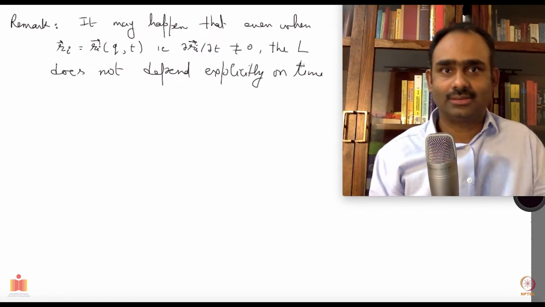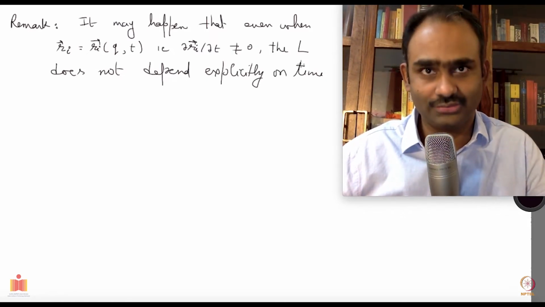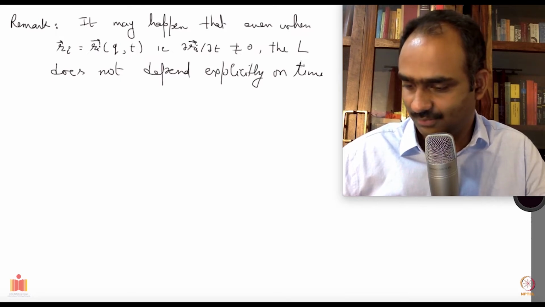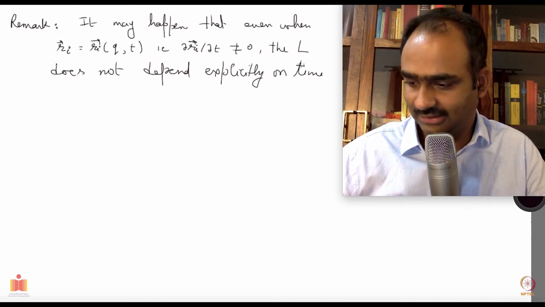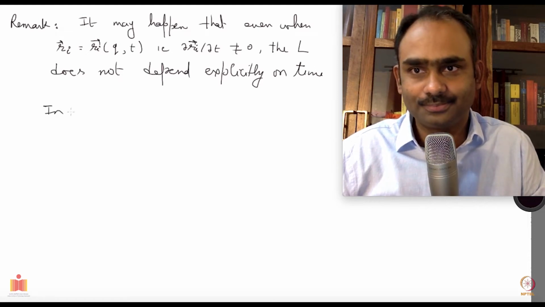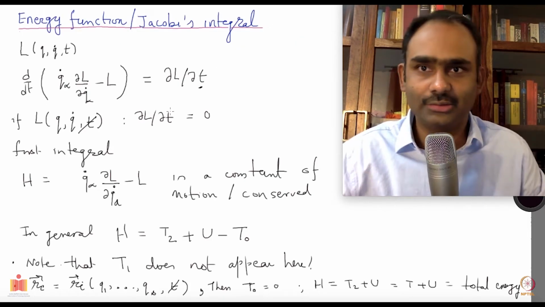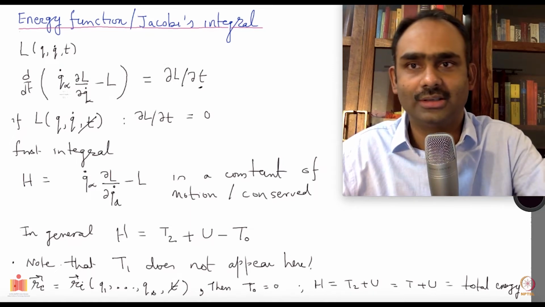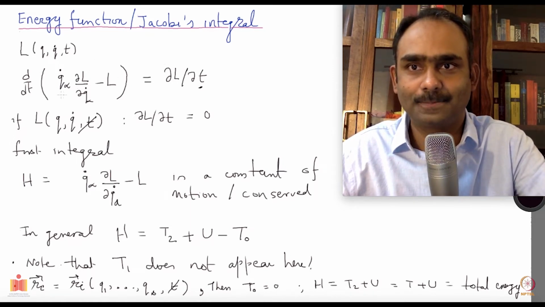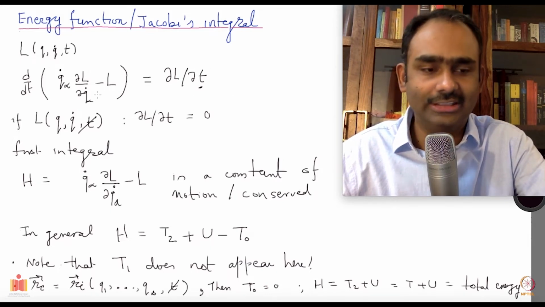Okay, that's nice. Which means what? If that happens, I'll give you an example of this later. But let's say we believe that can happen. Then in that situation, let's go back. What is true in that situation? Here, this is h, this piece, and this is del L over del t. I am saying del L over del t is 0, so dh over dt will be 0.